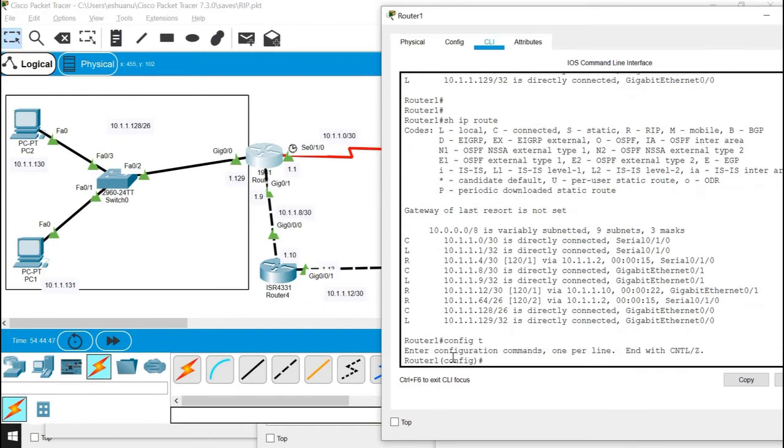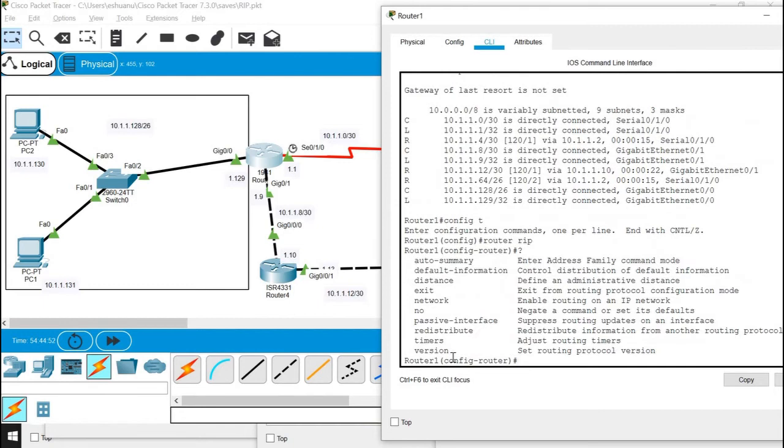Now I want to show something more about the router RIP. So let's see what we are having now. First thing is the auto summary. We do not give auto summary. If we give auto summary, then these all will be summarized to the /24. So that's why we do not give the auto summary. Distance defines the administrative distance. The AD value is by default 120 for RIP, but if you want to change it, then you can also change the AD value of the node.